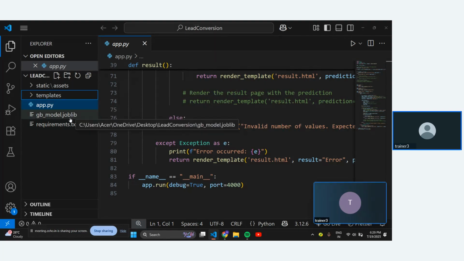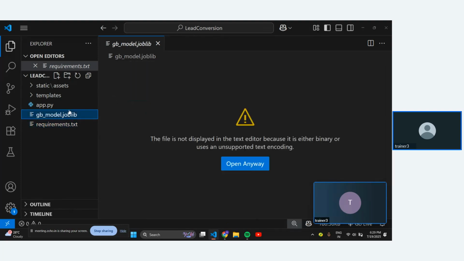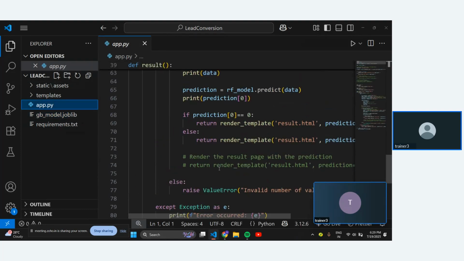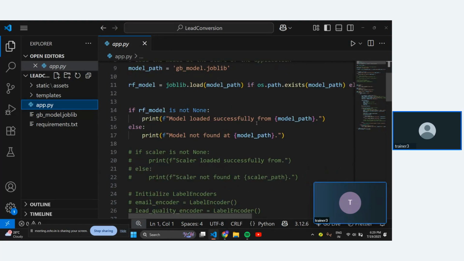After this is the requirements file, which lists the compatible libraries of our app. So this is the model, you can see this model here. And this is app.py. We'll be integrating this model here. See here, you can see